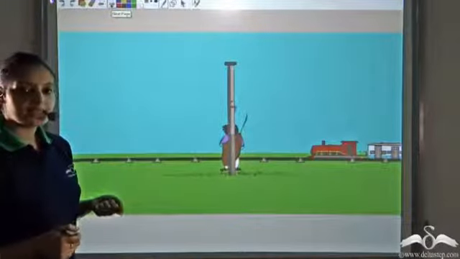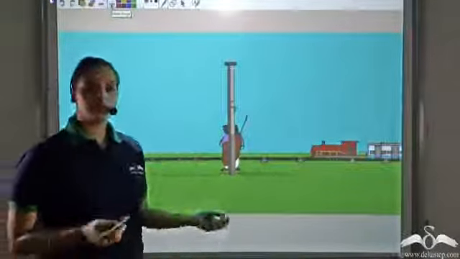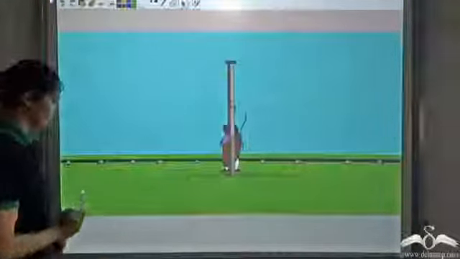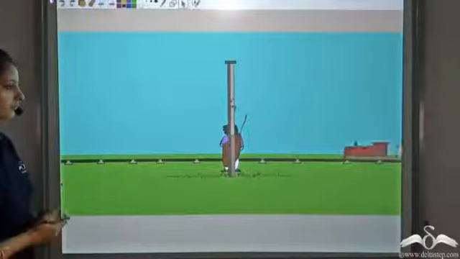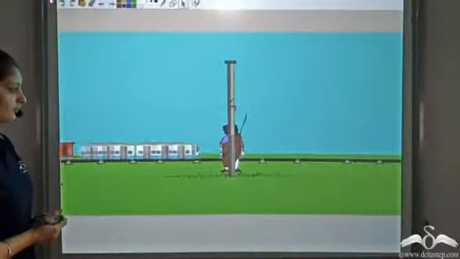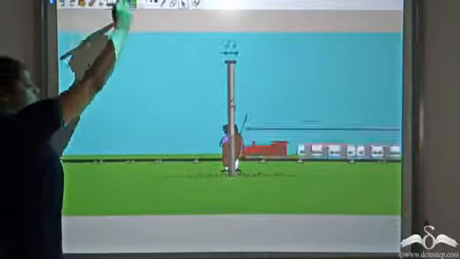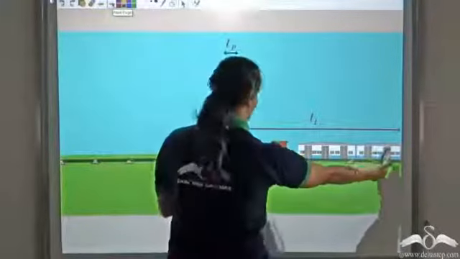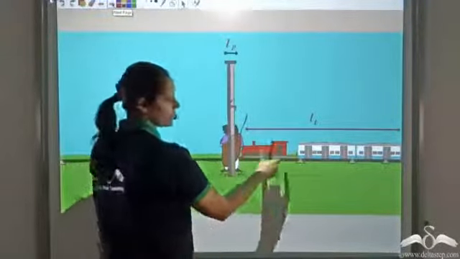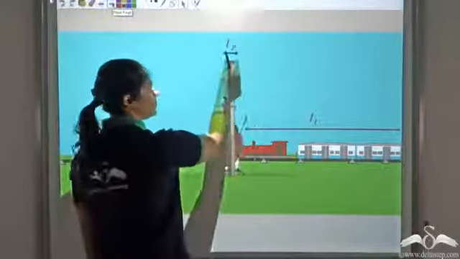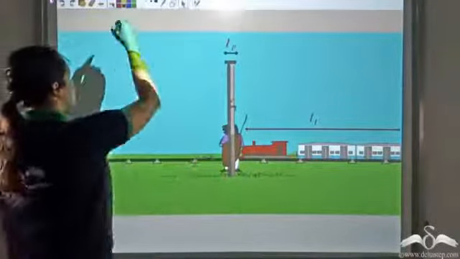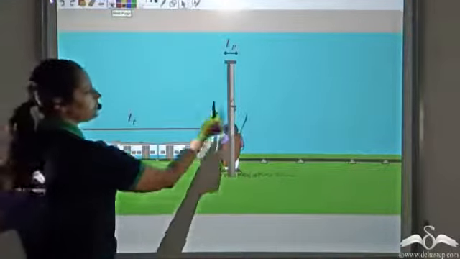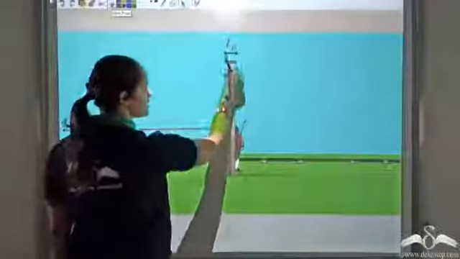Now let's look at the case when the train has to pass a pole or, say, a standing man. So the train passes the man or the pole. In passing this pole, this is the point where the train is about to pass the pole. Say the length of the train is LT and the length of the pole is LP. Once it crosses this pole, the distance it has covered is LT plus LP. It has covered this distance also.